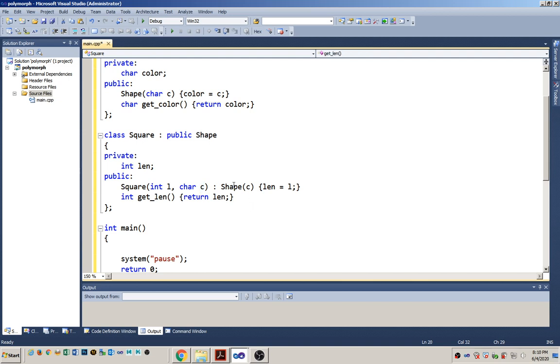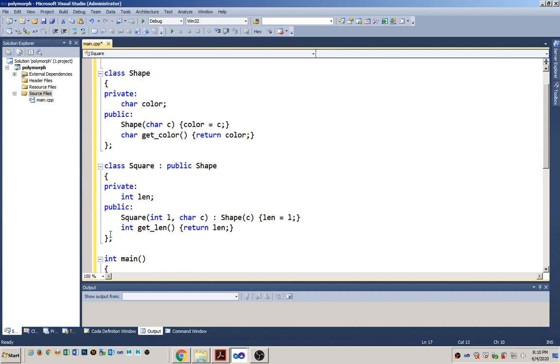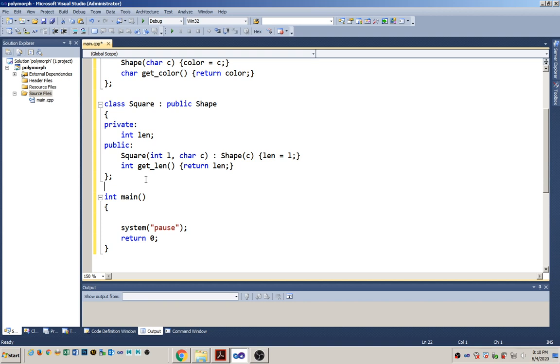All right. So this is going to go ahead and jump up here. It's going to do this line of code. It's going to come back here. It's going to set the length equal to 1, so it initializes that. So there's our complete constructor for the derived class. All right, next we only have one member function that gets the length, and it just returns the length of each side of the square object. All right, so there's a quick review for you on that. All right, let's go ahead and create a function that is similar to what's in the book. So this function is just going to print out the length and the color of a,